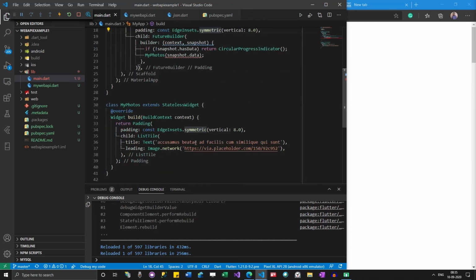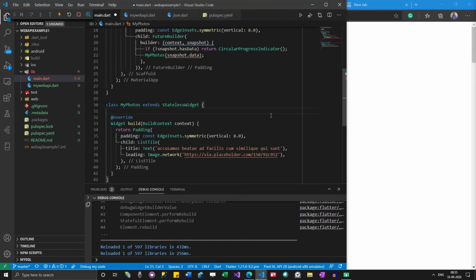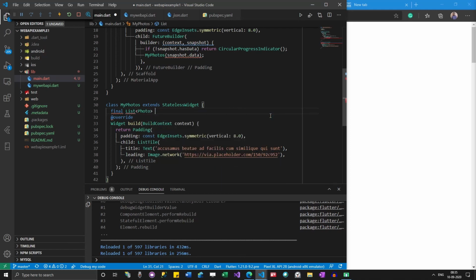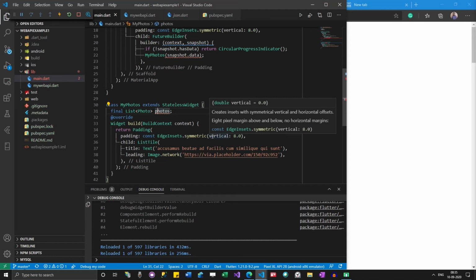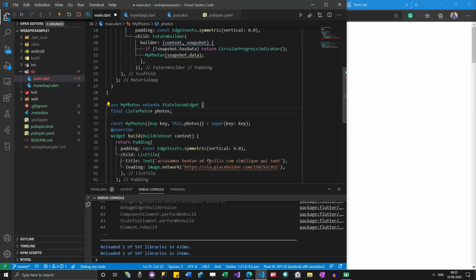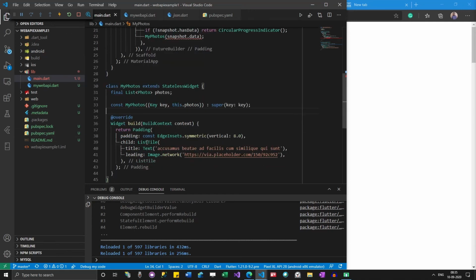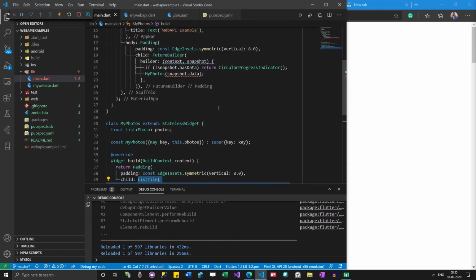Okay, so it is not yet accepting it, so we are going to accept it, which is going to be a list of photos, and we need a constructor for it. We need to improve this code slightly to make it work.